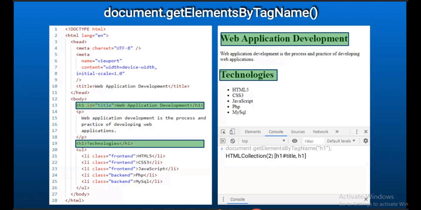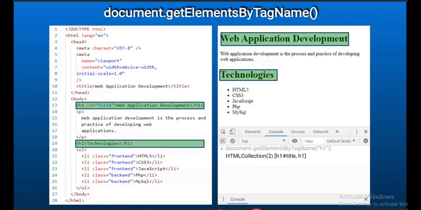Observe one thing, I just highlighted that using a rectangle box. This is not what happens in the web page. You will not get a highlighted option in the web page. I just highlighted it to convey the idea. So that is about document.getElementsByTagName.